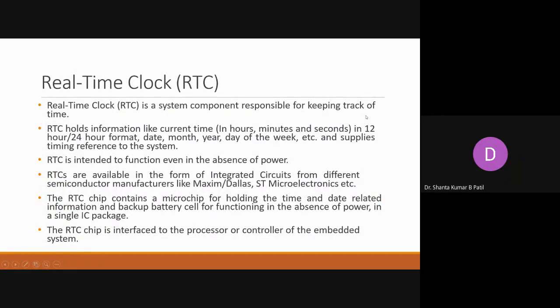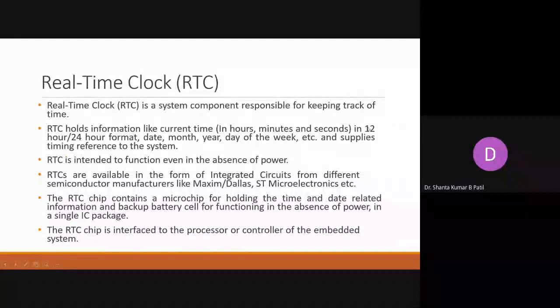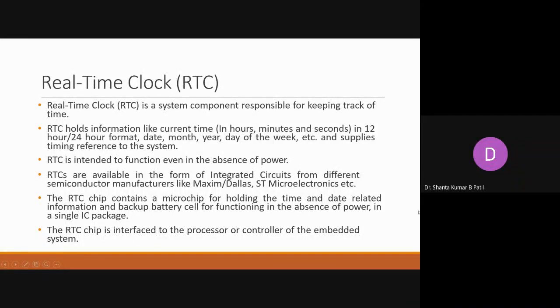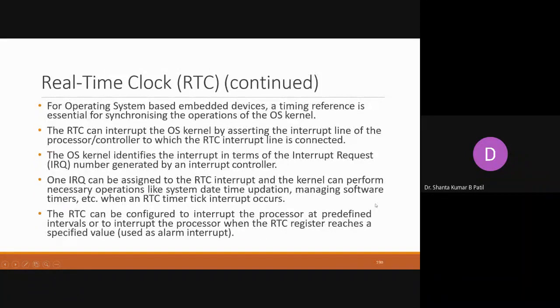Real-time clock. As you know, this clock displays the day, time, hour, minute, seconds, month, year. Even though the power is not there, the backup is given by a small battery. It is called the tiny battery. With the help of the tiny battery, by running some processes at the back end, which are written by the experts, it displays the real-time clock.